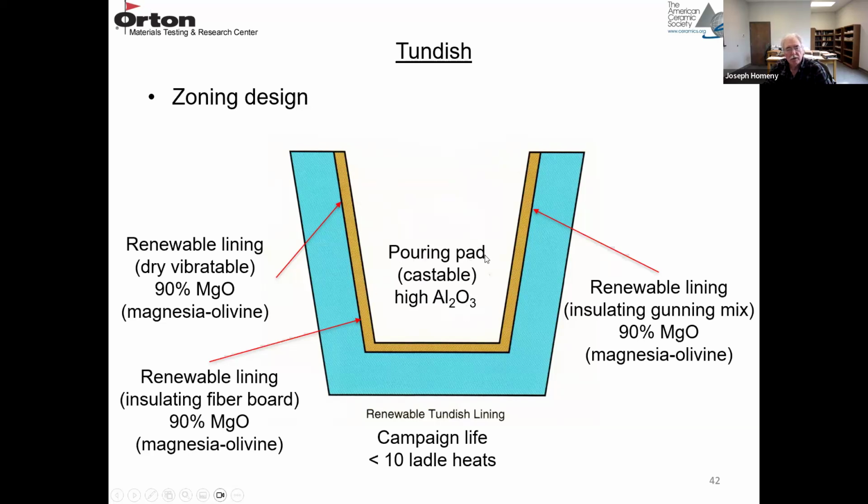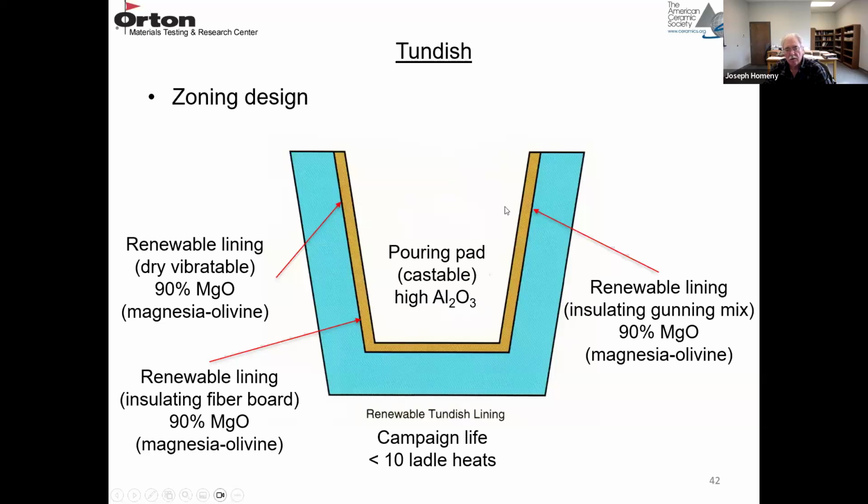There's usually a pouring pad where the metal is poured into this tundish. You don't really want to pour it into this porous insulating lining, and that's usually a high alumina pad. So these renewable tundish linings last about 10 heats, let's say, and then the tundish is cooled down and it